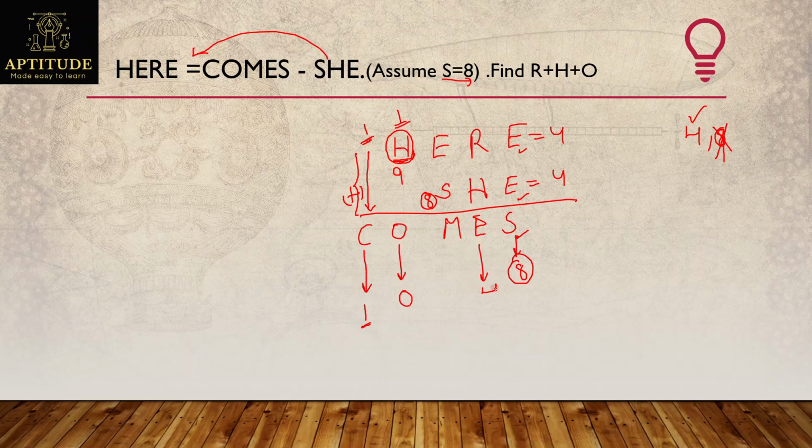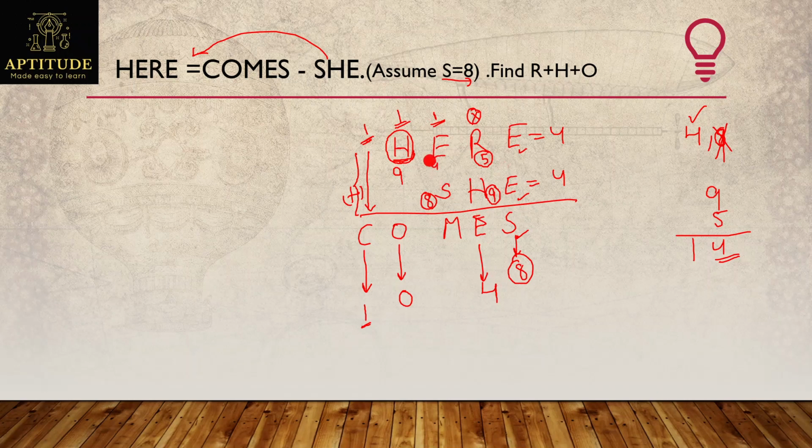And observe this. Here E value should be 4 and H value we already know is 9. And how much should I add to 9 in order to get 4 in the unit digit? There is no carryover here. That's nothing but 5, right? If I add 5 to 9, I'll get 14, getting unit digit as 4. So R value should be 5. And I'll get a carryover 1 here because of 14, making E value 4.